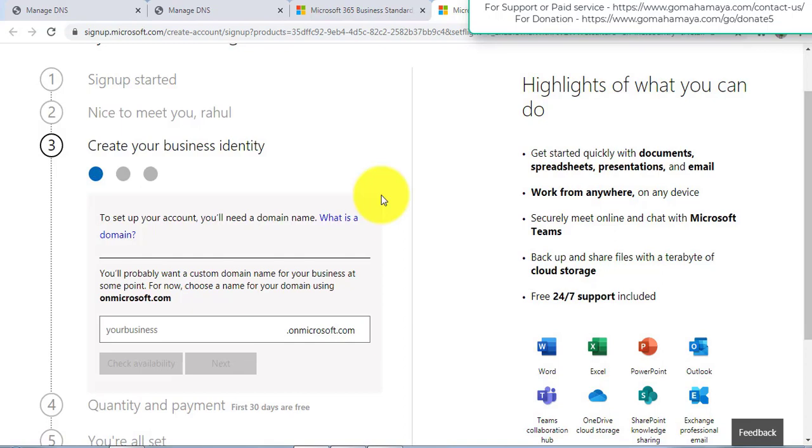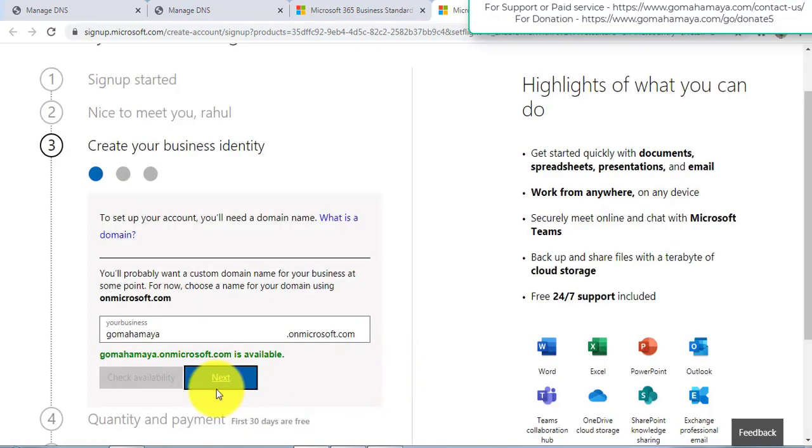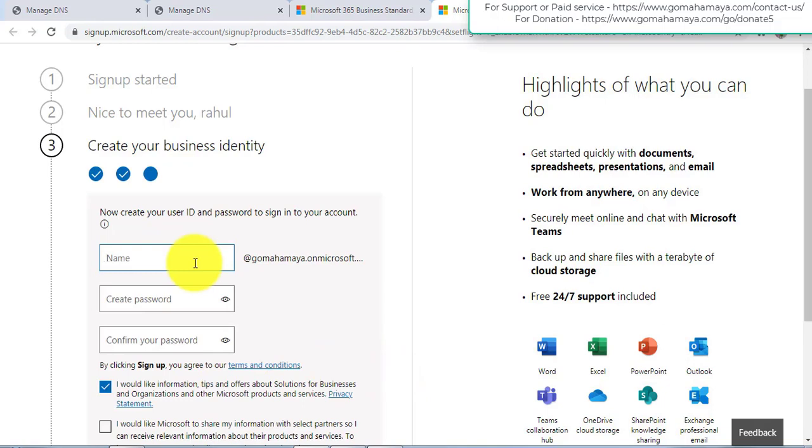You can convert it to your custom domain, but for now your email ID will be your business name dot onmicrosoft.com. So I'll type gomahamaya dot onmicrosoft.com, and it is available. I'll click on next. Now you need to write the name. This is our domain, and then we need to write the name. Let's say Rahul.